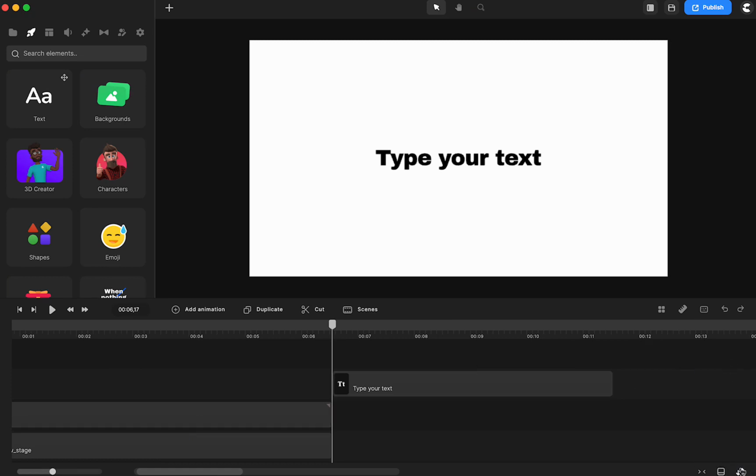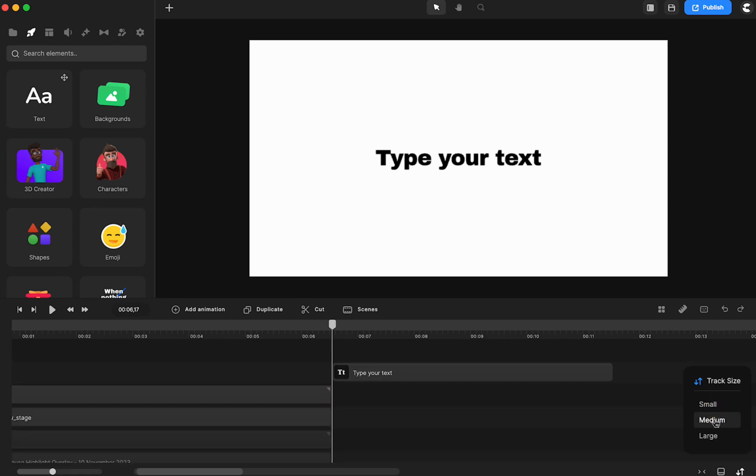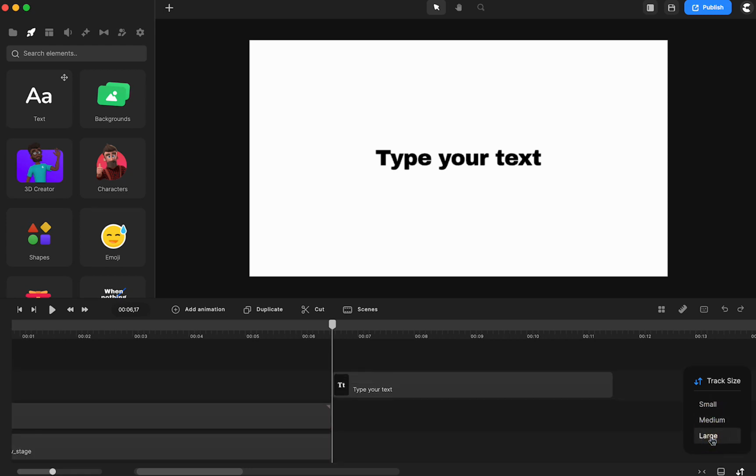And then this was the track sizes that we saw Josh do. You can have them small, medium, or large. I guess the large is the default because it was like that before I even knew where to find that. But that's another cool thing that I don't think has been mentioned. And I think I just stopped it to look at my little list. I think that's all I'll do right now